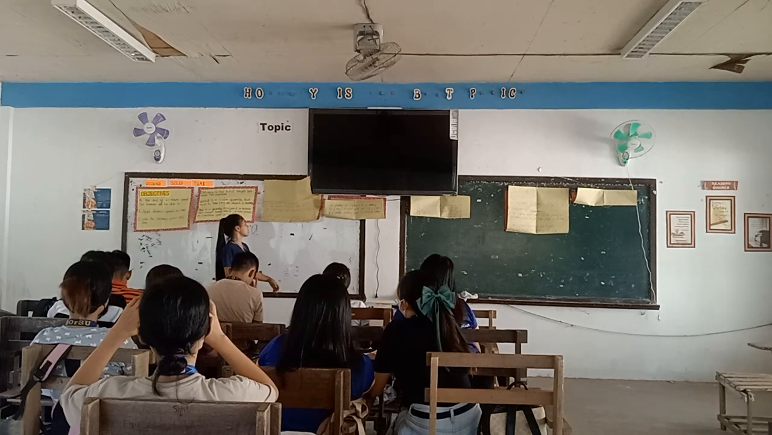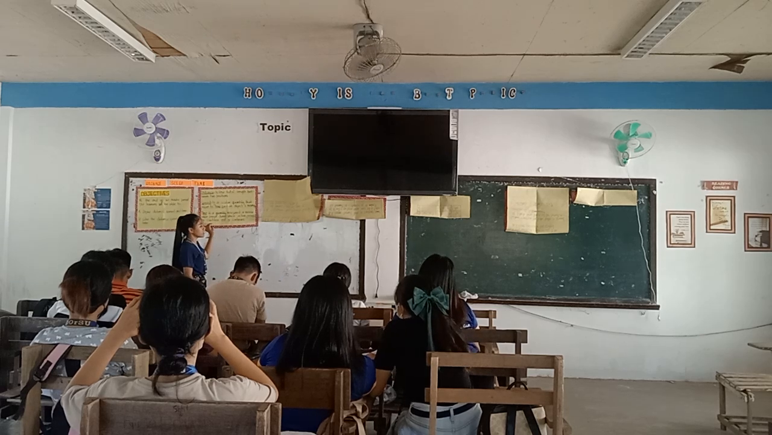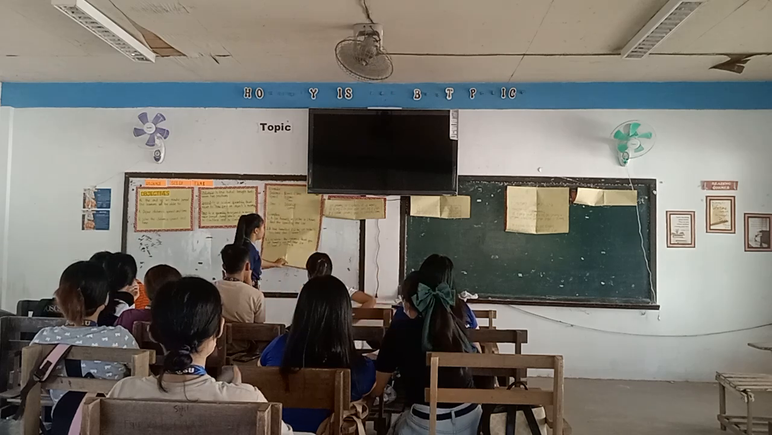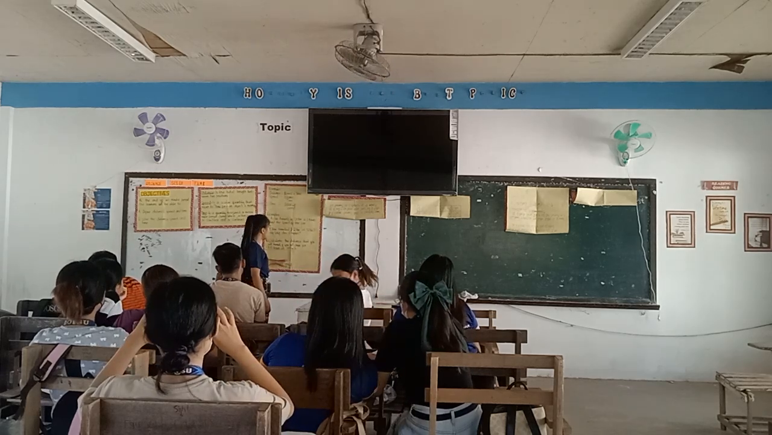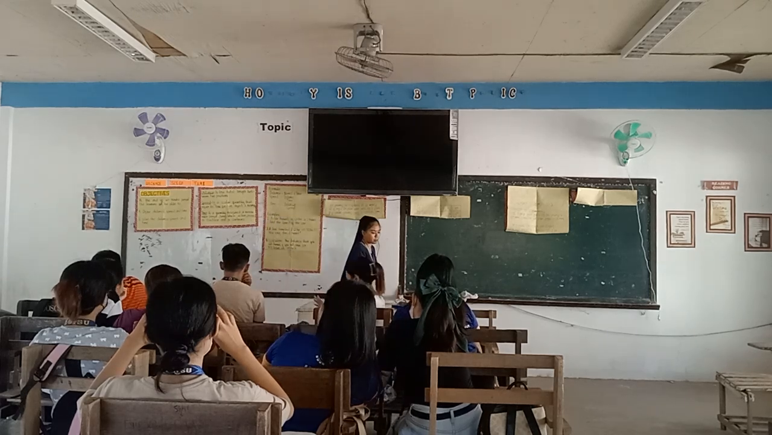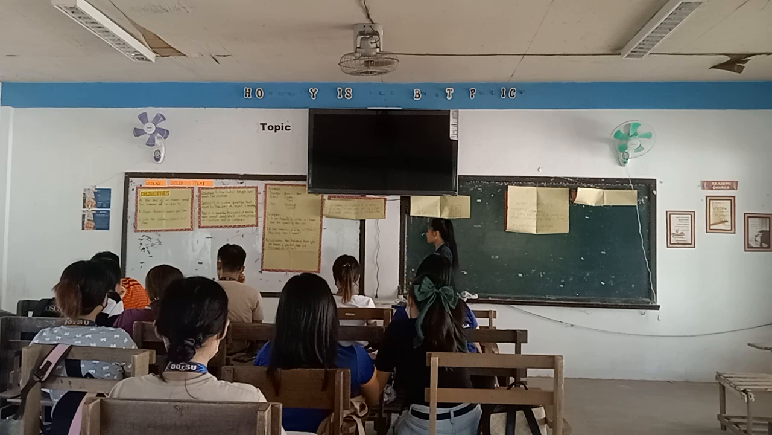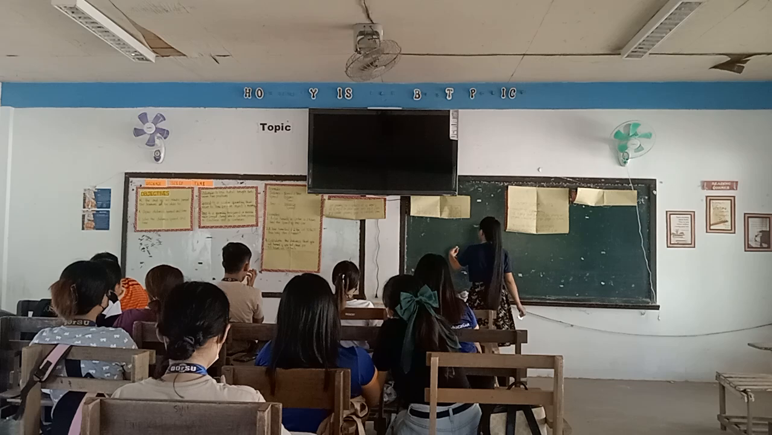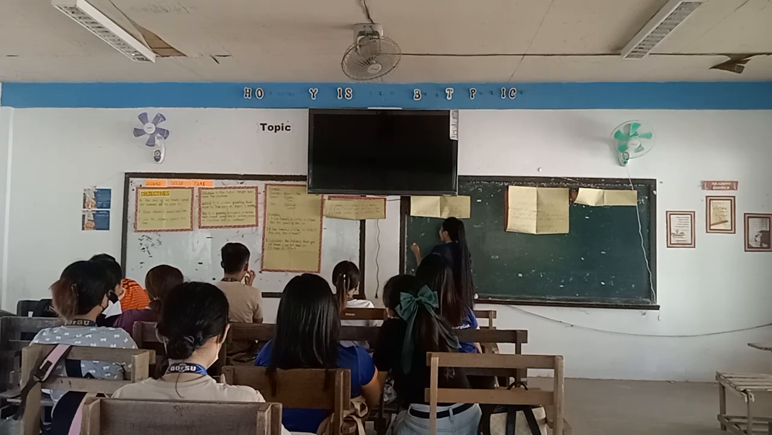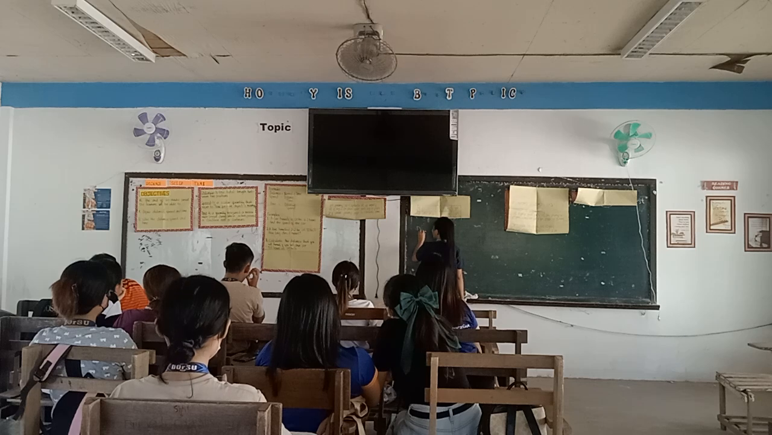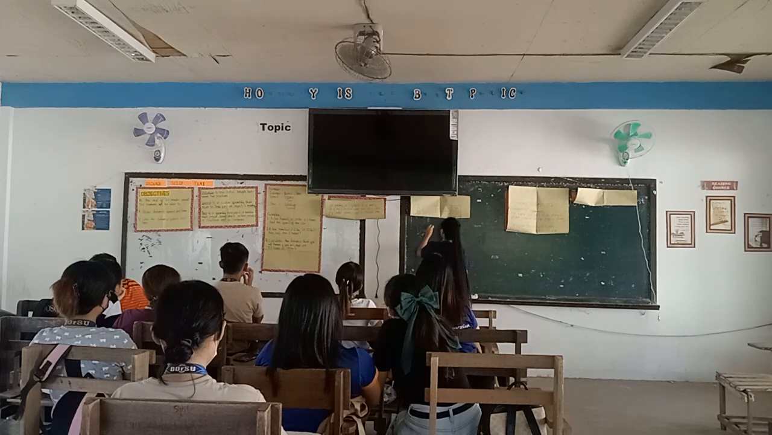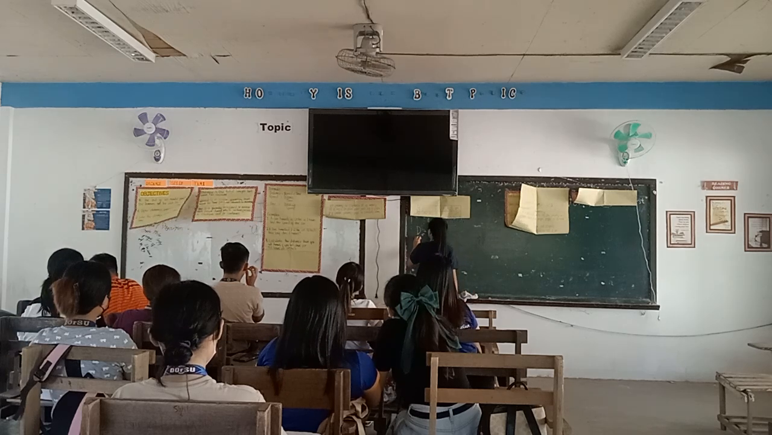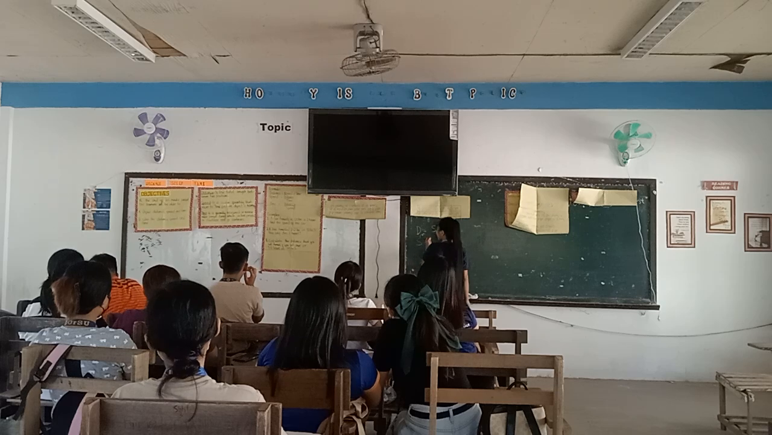So now let's have an example about distance, speed, and time. But before that, we have formulas to calculate speed, distance, and time. If the distance is unknown, the formula is distance equals speed times time. If the speed is unknown, the formula is distance